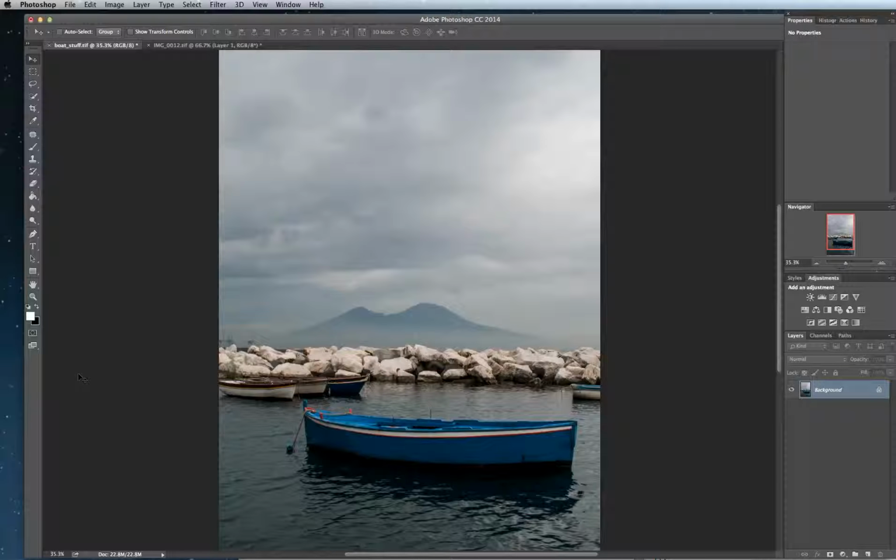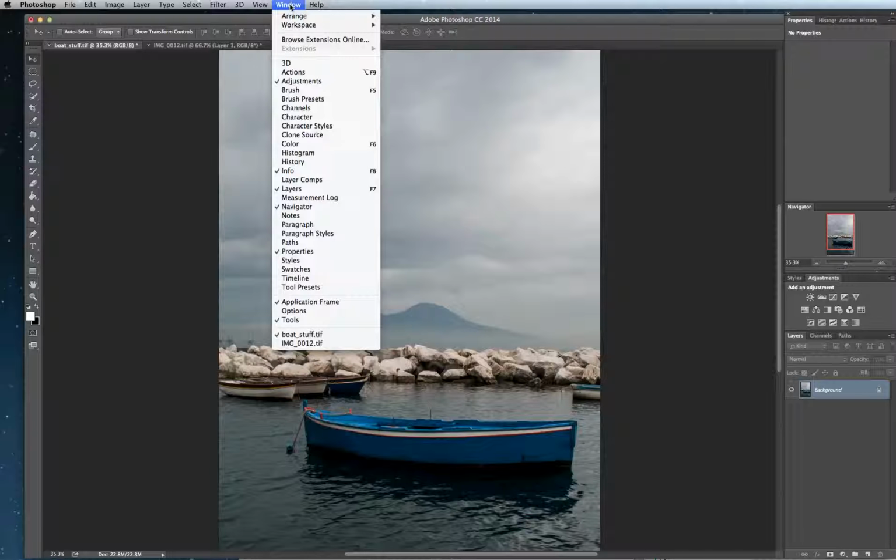So let's take a look at your actual Photoshop window setup. The thing that I'm really concerned about is making sure that you have your layers visible, your adjustments visible, your navigator visible, and then your properties visible. All of these are tabs that are accessible through your window menu item that is at the upper part of